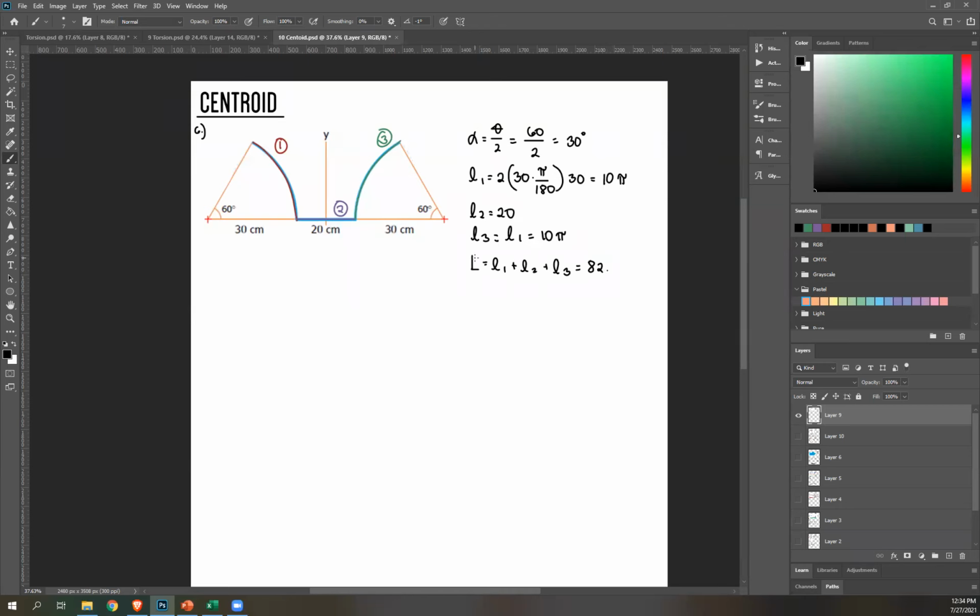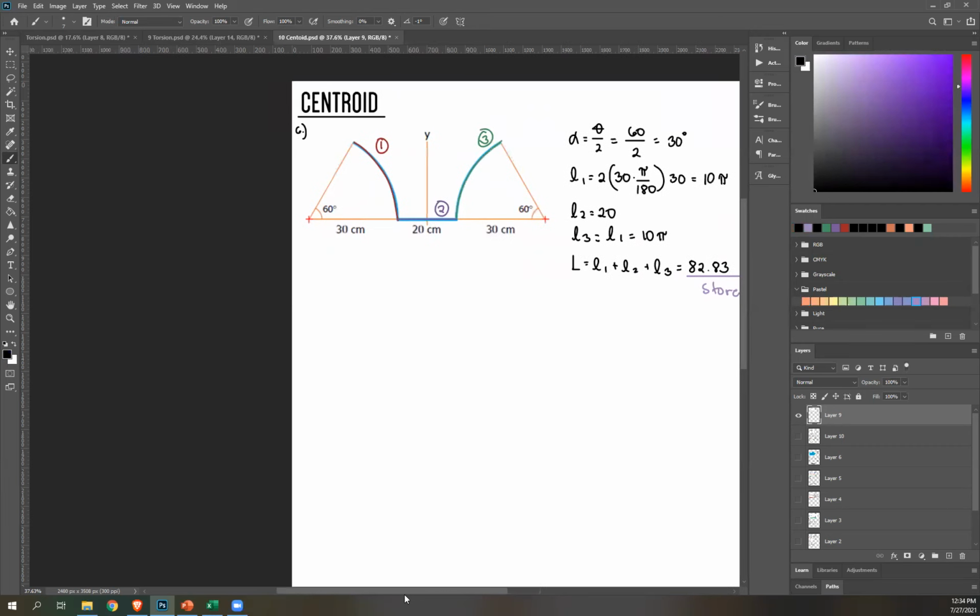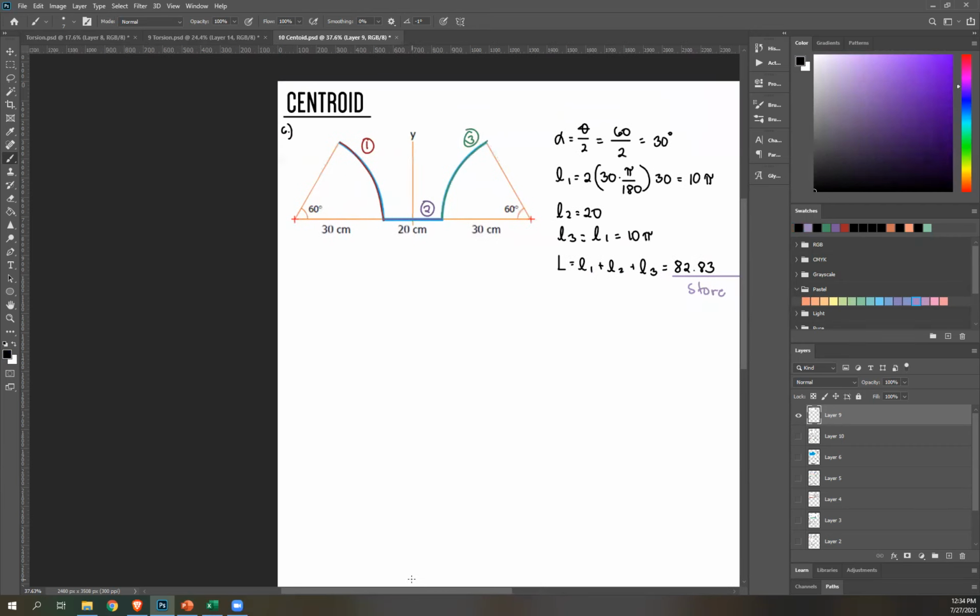$82.83. You round off properly. And then, as usual, if you have a decimal place or a value that's not a whole number, store it in your calculator. And then, next step, use your summation of L bar, L distance bar equals, sorry, capital L, then either X bar or